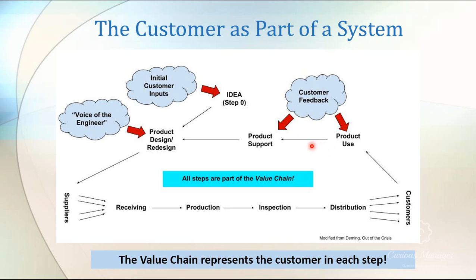on a PDCA type function, in which we look at where we deviated from what the customer wanted based upon what we understand for step 0. And then once you do that, then we go to the redesign section, where the engineer or marketing or whoever looks at how we can improve the product so it aligns more with the voice of the customer, which is now part of the customer feedback. So in this regard, all steps are part of the value chain.